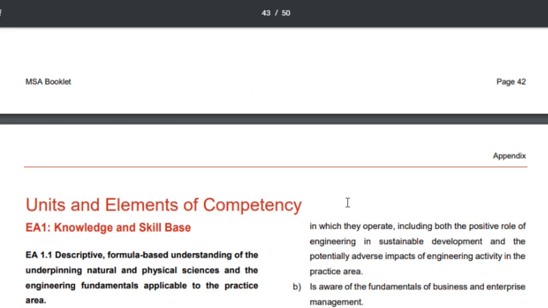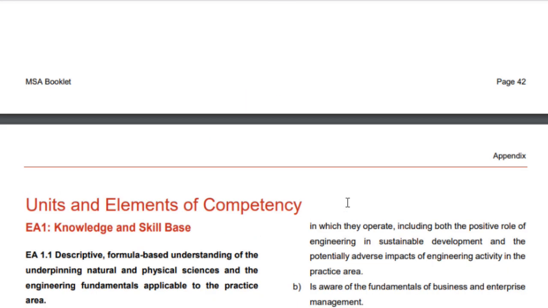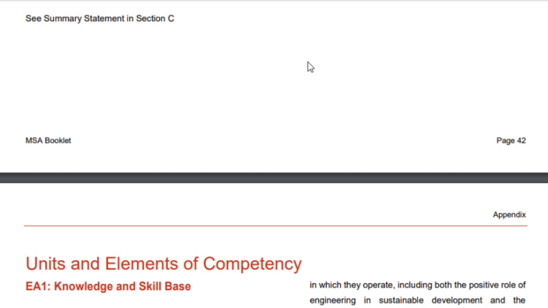In this document you will also find the information about the different accords, Washington Accord, Sydney or Dublin Accords as well. So you can go through this document, and then if you have more questions, let me know in the